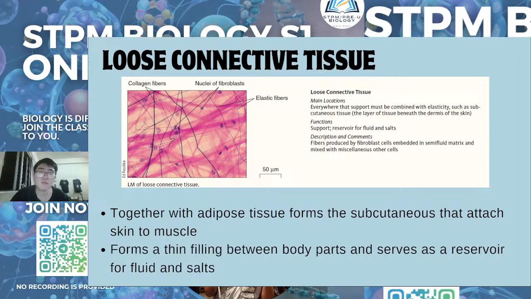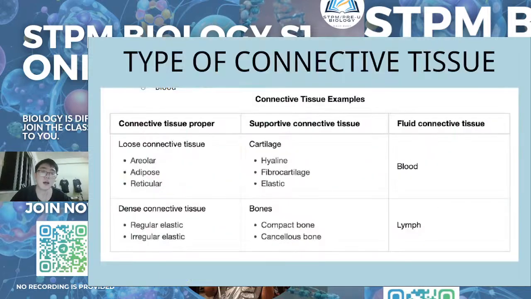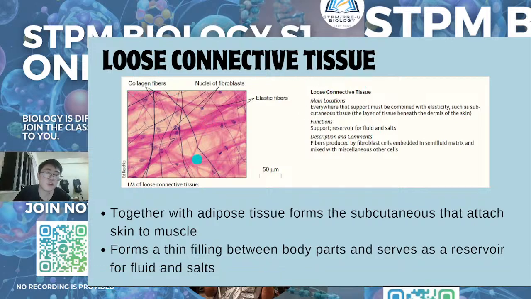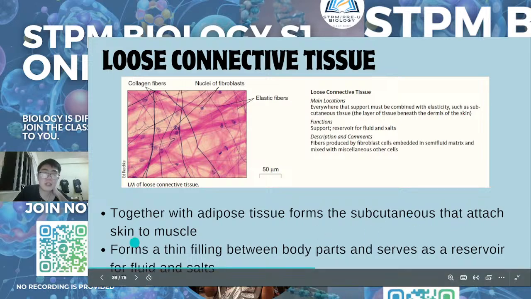So loose connective tissue normally contain these three types of tissue: areolar, adipose, and reticular. So this is just a general structure. So you see here, see the general structure. So you see that there are collagen fiber, right? There are the elastic fiber, right? And then there are the fibroblast, kan? Semua yang tiga ni dalam main component lah of the connective tissue. Memang dia akan ada. So this together with adipose tissue form the subcutaneous that attach the skin to the muscle